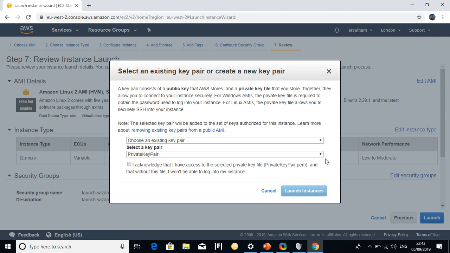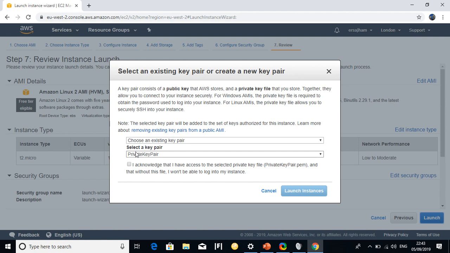AWS always has got two keys, which is a public key that is stored in AWS, which we can't see here, and the private key. So what is the key that you're downloading? That is the private key, and you have to store it, and you have to make sure it is saved in a safe place, and it's your responsibility. You can only download the key pair only once,